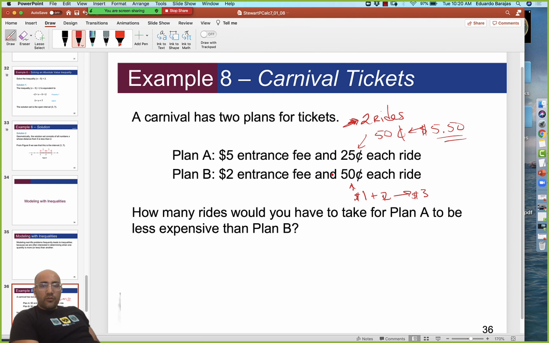But if I'm going to be doing a lot of rides, eventually this 50 cent per ride thing is going to get pretty expensive. So we want to set up some sort of inequality to figure out when they equal each other, and then when one plan is definitely smaller than the other plan. So this one should be fairly easy. So total cost of X number of rides